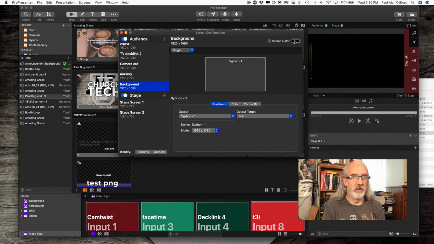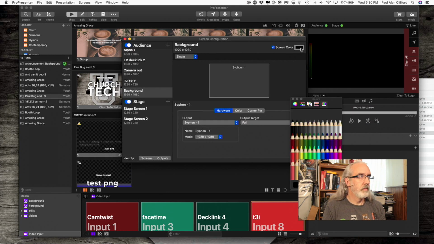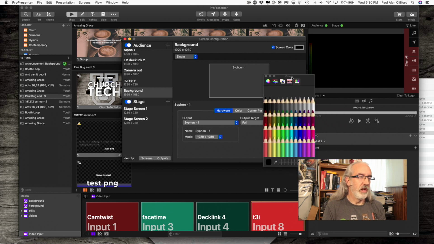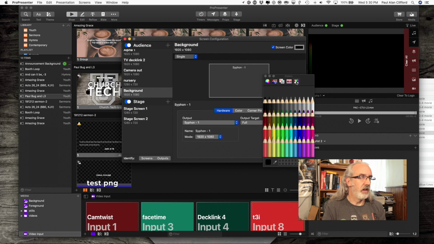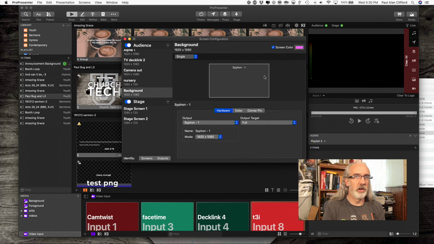You click on this little thing right here, and there we go. We've got a color selector that pops up. I could use the colored pencil thing here. I could use the color wheel, RGB sliders, etc. So let's pick something. I don't know why you'd ever use this bubblegum pinkish purple color, but let's say you wanted to use that. Now, this background output,